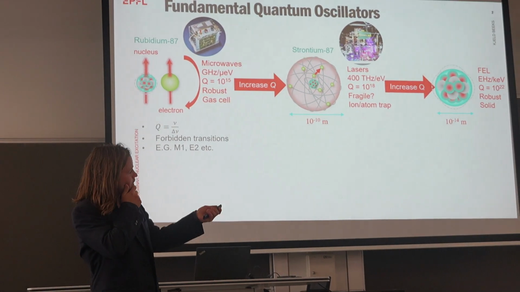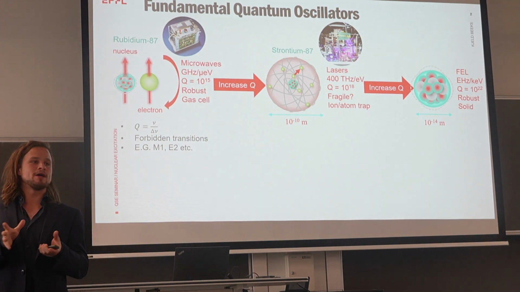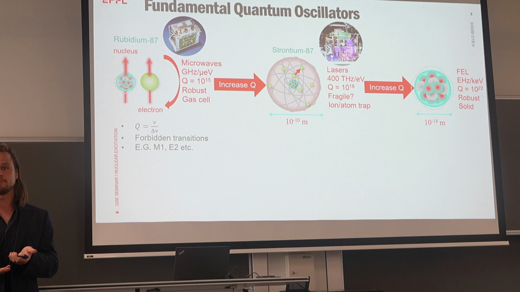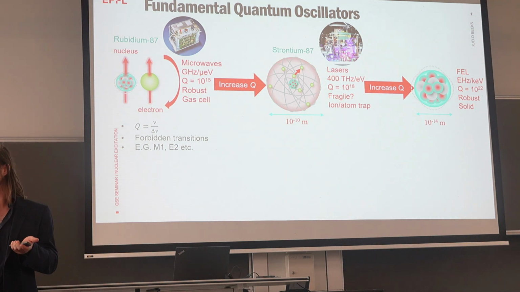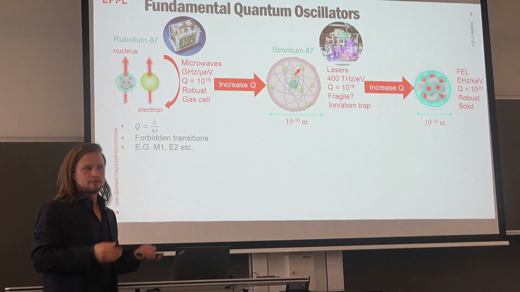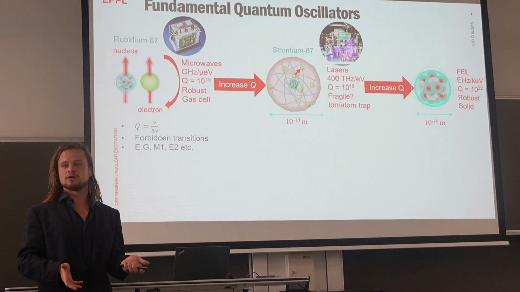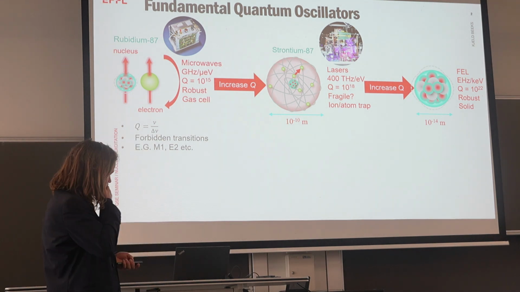The Q factor will be even much higher, and the nice thing is that because the frequency domain is so different from the world around us, they are quite robust against external perturbations. They're also really small, so for example, any gradient in the electric or magnetic field, they don't feel so much. So you can just put it in a solid, you can have a metal, just a piece of steel actually, and you can probe a very narrow nuclear excitation in that already.